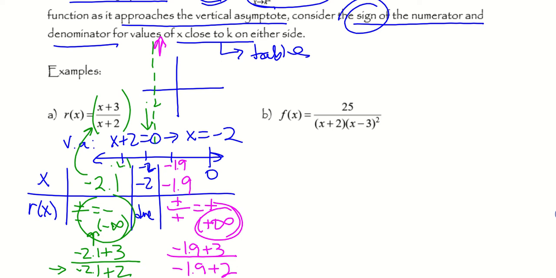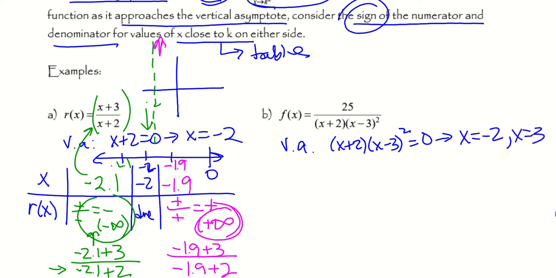Here I have b of x equals 25 over x plus 2 times x minus 3 squared. This will have vertical asymptotes where its denominator, x plus 2 times x minus 3 squared, equals 0, which will happen both when x equals negative 2 and when x equals 3. So I have two vertical asymptotes. If we think about our graph, I've got a vertical asymptote at negative 2, and then I have another one